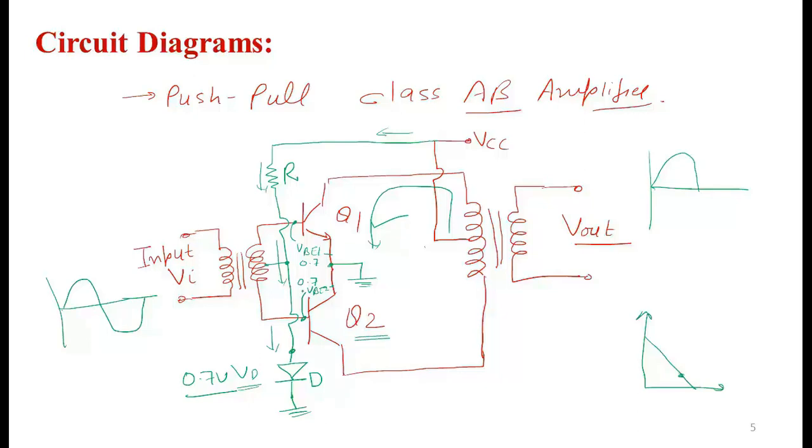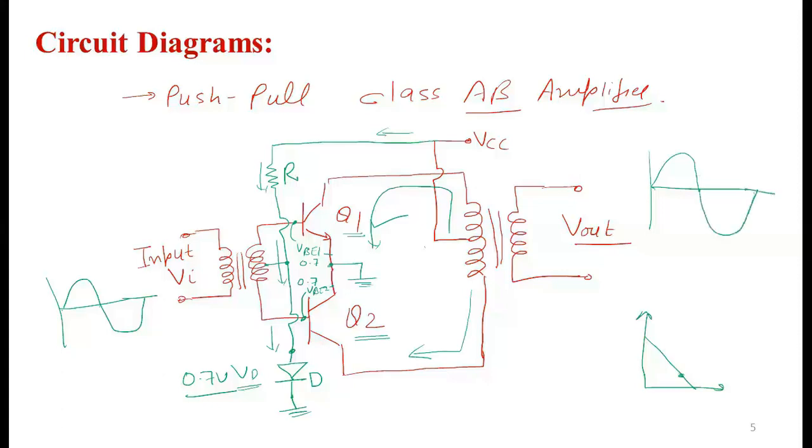So the change in this circuit is that the base of both transistors is already at 0.7 volt. So whenever in the positive cycle the voltage is just above 0 volt, the transistor Q1 starts conducting, and during the negative cycle, when the voltage is just below 0 volt, the transistor Q2 starts working. When Q2 is on, the current flows in the opposite direction and we receive the negative cycle at the output.